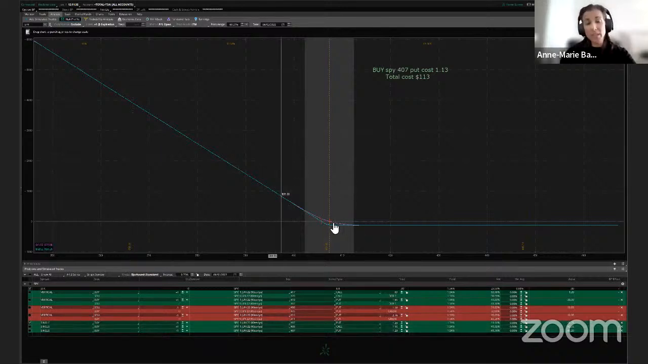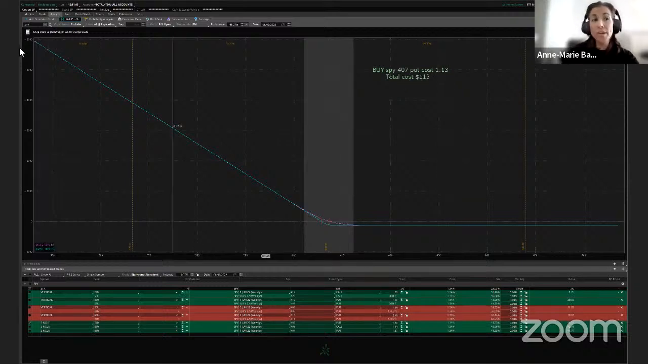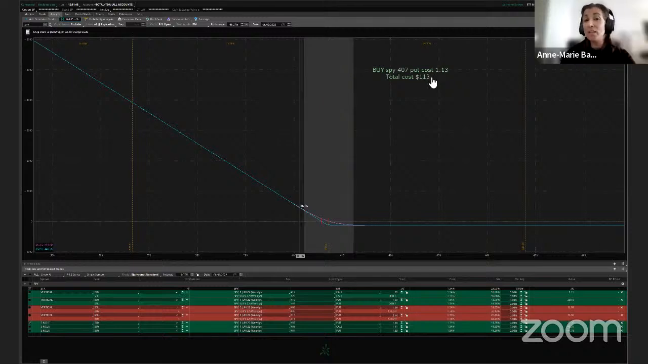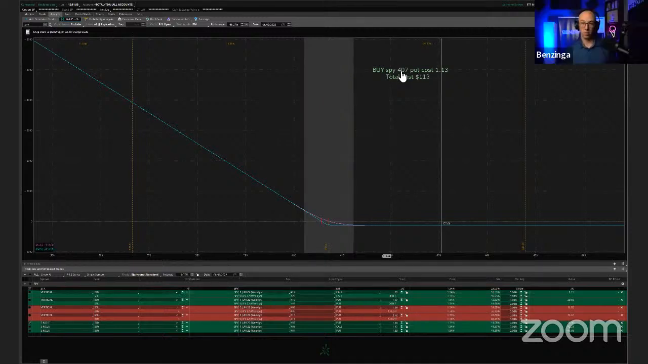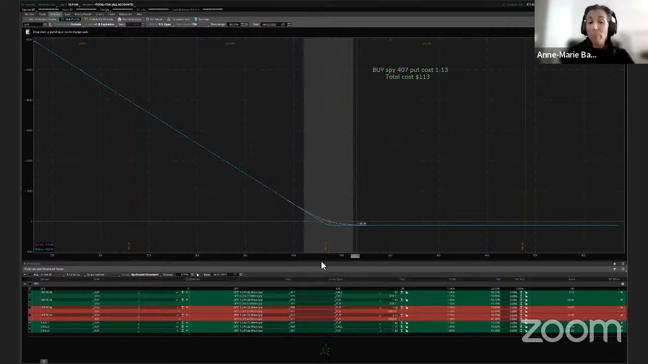So what this tells us is if I buy a put and the price goes down, I'm going to have increased returns. Now, this is a cheap SPY because it actually expires today. But if I wanted to buy,